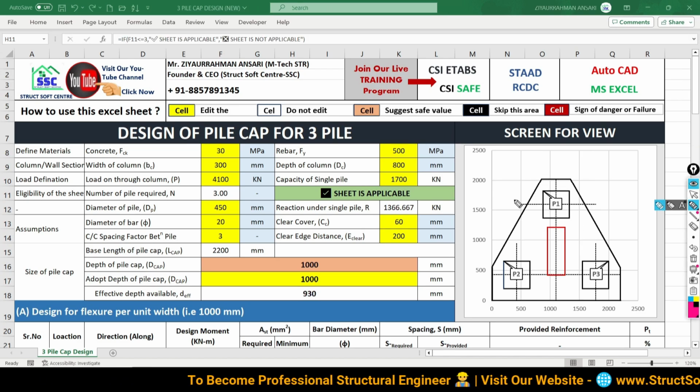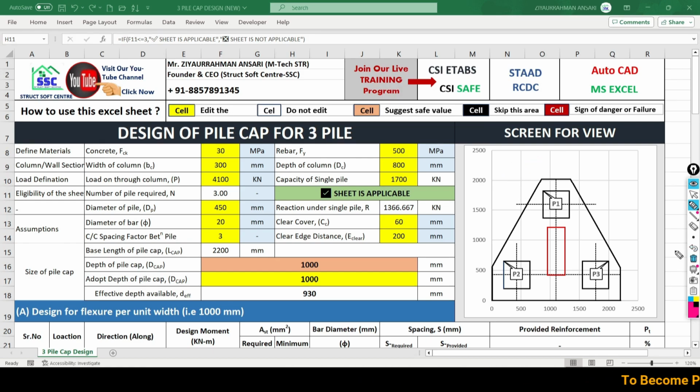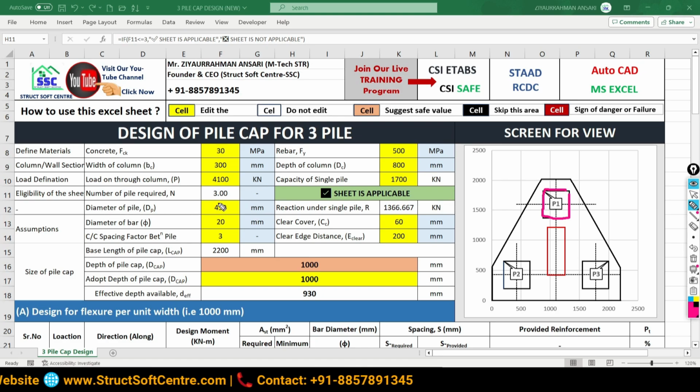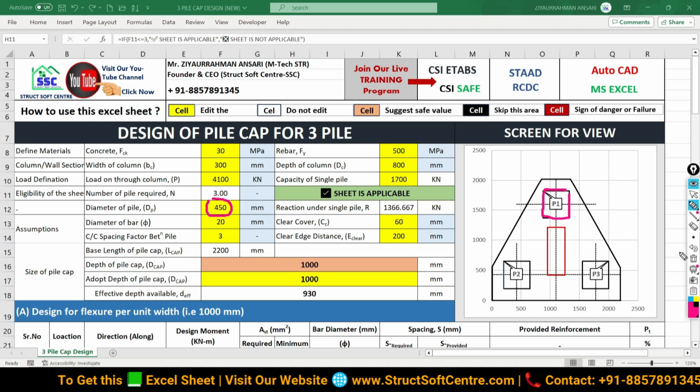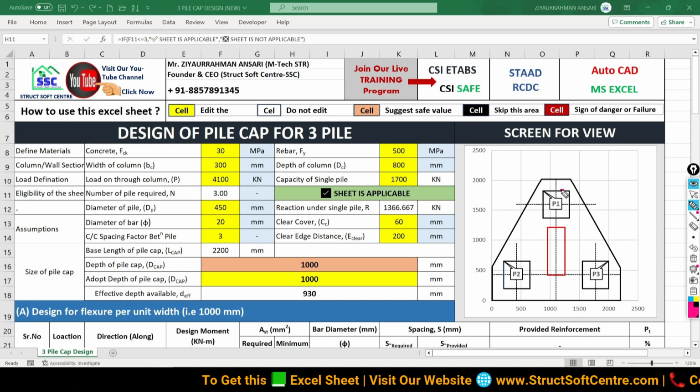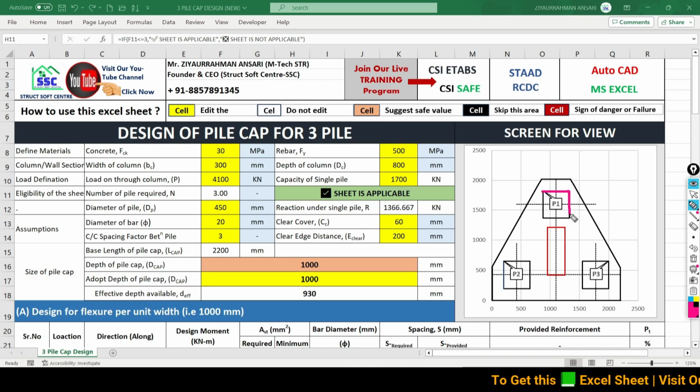At this stage, one more important thing I would like to clarify in respect of the drawing. As you can find here, all the piles are actually shown by squares, but in actual we are talking about a circular pile of diameter 450. Due to some limitations we are unable to show it by a circle, which is why we are representing it by a square. So this much we have to consider in this Excel sheet. Hope that you all will understand this change.